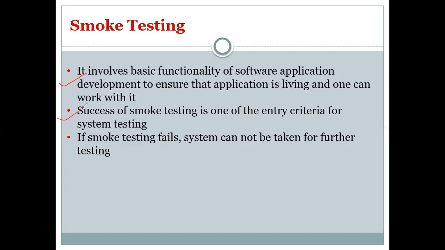Success of smoke testing is one of the entry criteria for system testing. First of all, you have to check whether the overall system is acceptable by the user. Suppose your software is very hard to handle, and your user is not able to understand anything from the GUI given. Like, suppose you are working on image processing software.